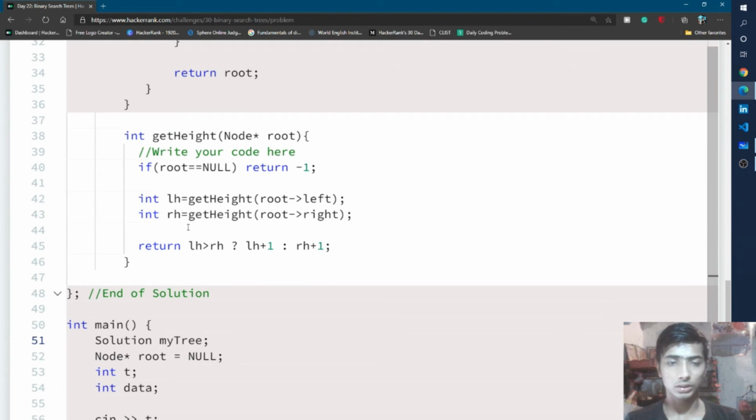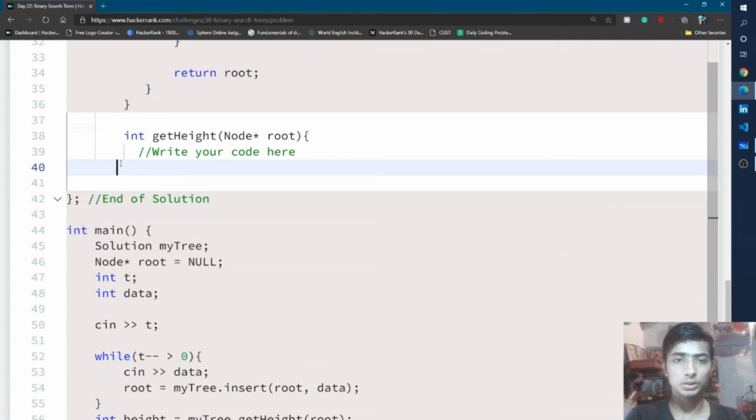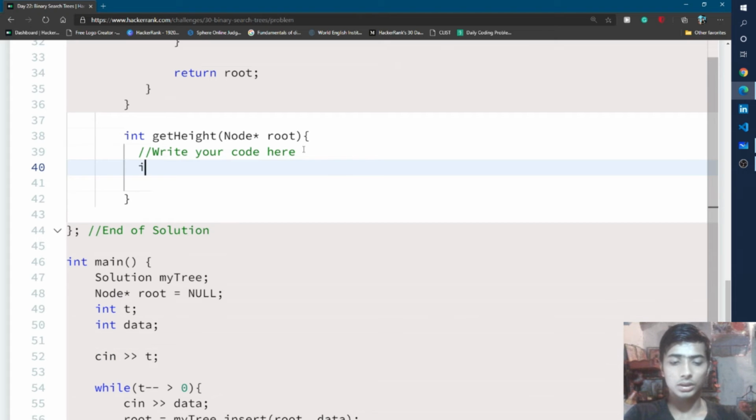So I write my code after this comment. I already wrote this function, so I simply remove this code. At first you write an if condition, and inside the if condition you simply check whether root is equal to null or not.